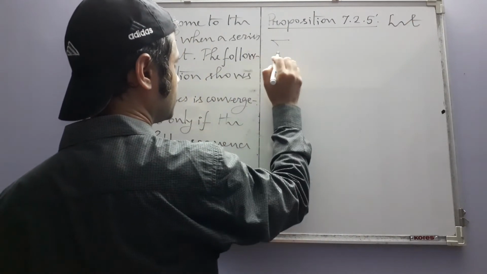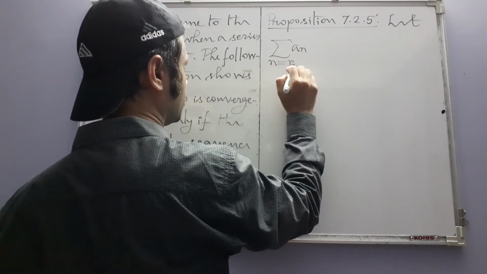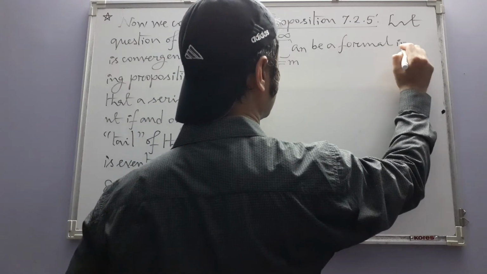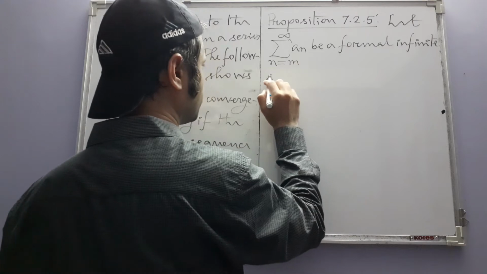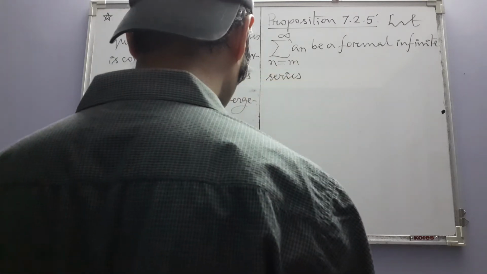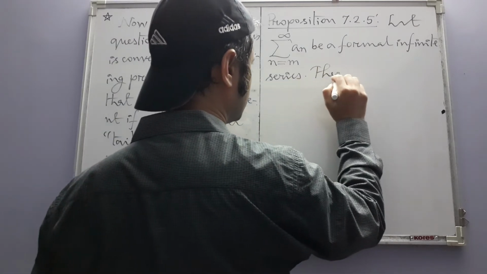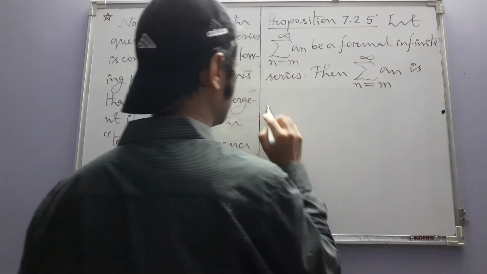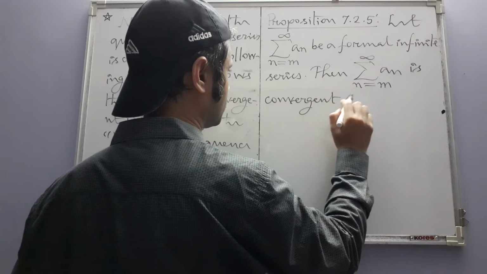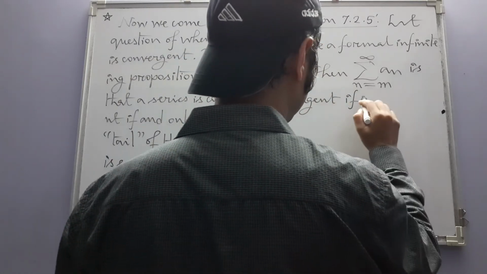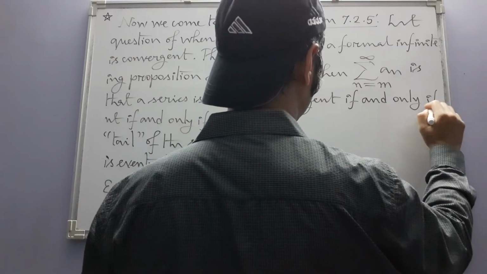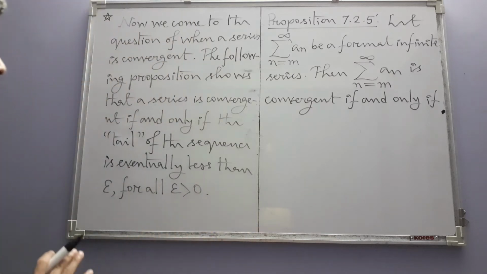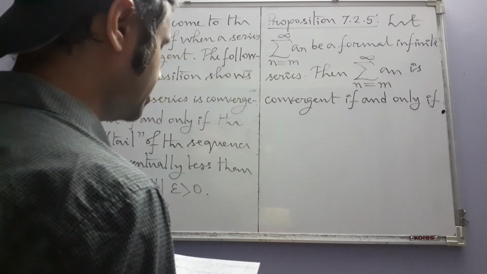Let summation an, where n varies from m to infinity, be a formal infinite series, then this is convergent if and only if. Oh sorry, this is not a definition, this is the proposition. You cannot just simply write if, because that will be half of the proposition. If and only if